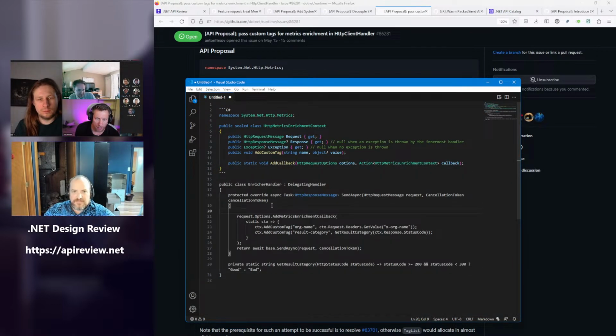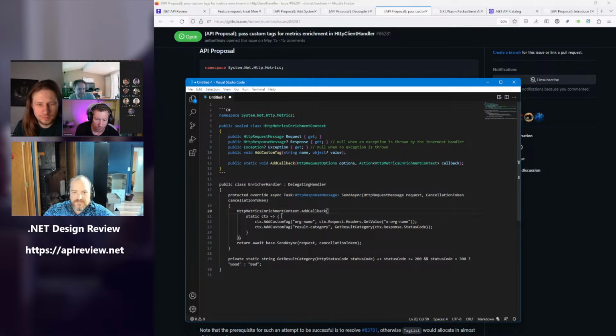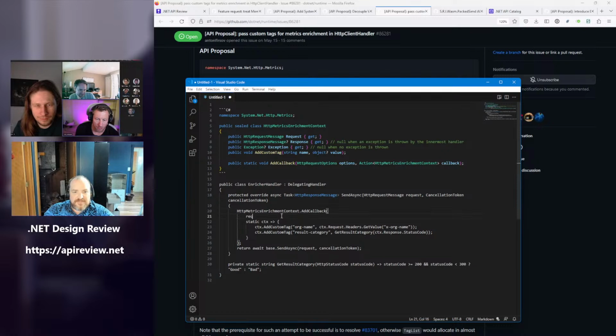It is a bit unfortunate that the type name is humongously large, right? That is a little bit unfortunate, but I guess it is still shorter than the original syntax. You haven't passed in the options yet, though. Where do the options come from? Requested option. Yeah. I mean, that's not terrible, right? It's not good, but it wasn't meant to be good. That's kind of the whole point. It wasn't good in the first place.